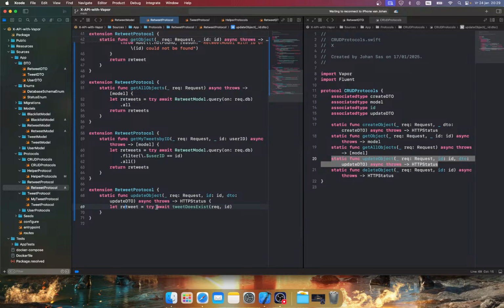Let retweet, and we can say retweet does exist. And after that, we can say retweet.content is equal to dto.content else retweet.content. We can say try await retweet.save on req.db. Perfect. Now, last but not least, the extension of retweet protocol